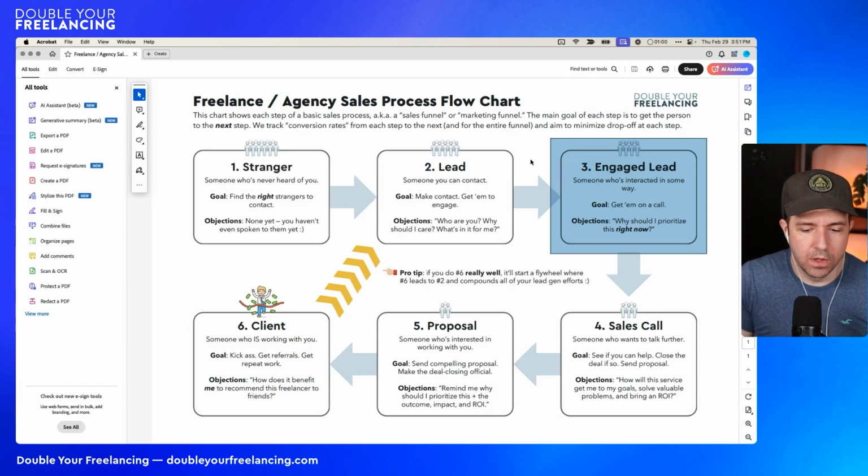So at that point, with Upwork, the why should I prioritize this right now objection is not very strong. They're putting out a job post. They've decided they're prioritizing this right now. But if you're cold outreaching to somebody on LinkedIn and you're interrupting them, they've not made that decision. So you need to show them why it's worth prioritizing over the bajillion other things on their plate and why